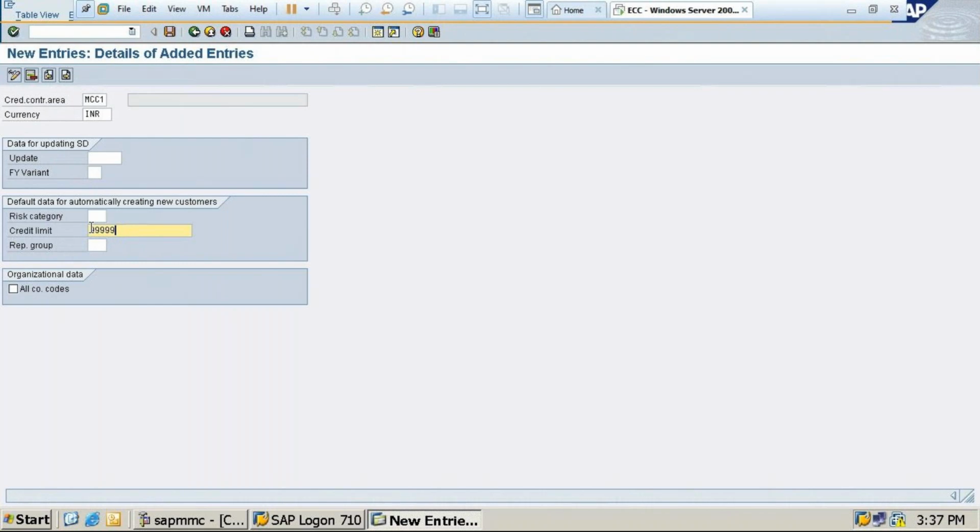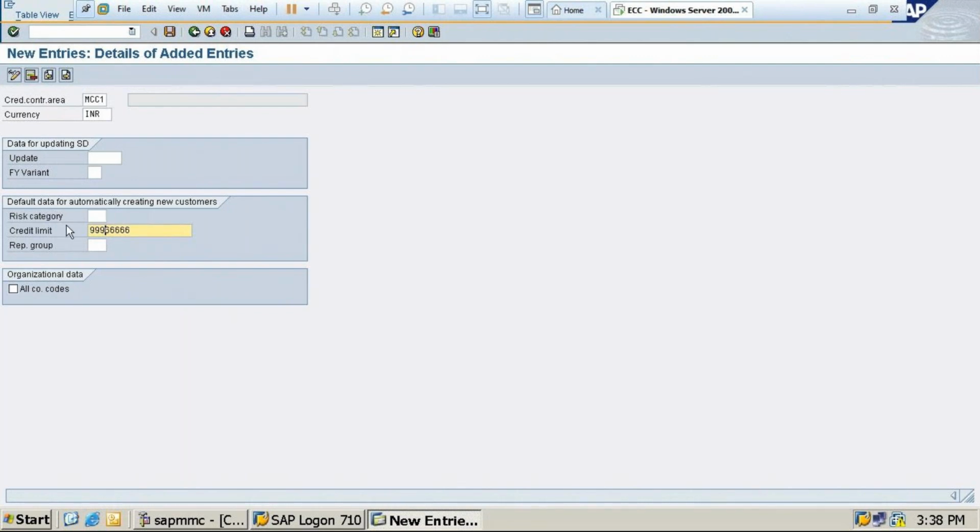1 0 0 0 0 is the value. This one is within 9. So for example, if I give 666, then it cannot take more than 6. Now if I give 70,000, 777, I cannot give because the value of the single digit I represented is 6. So it only takes the limit of 0 to 6. 6,666 I can give. That is the possibility we will be giving.